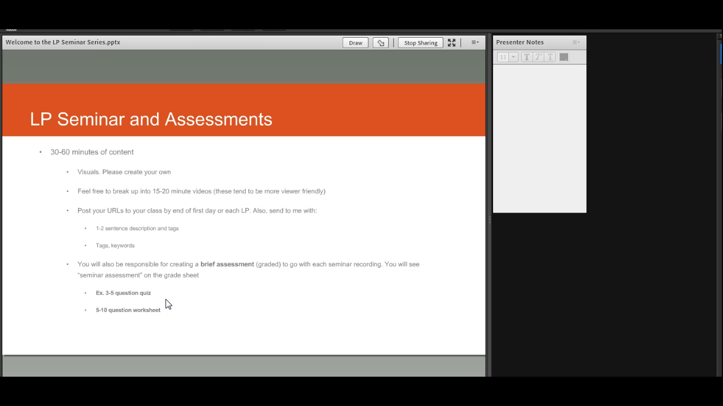Your assessment can be something like a 3 to 5 question quiz or a 5 to 10 question worksheet, or maybe you want them to take the content and write a one-page summary applying it to an organization. It should be something that takes the average student no more than about 15 to 20 minutes to do. We don't want this to be something that is longer than the video, because